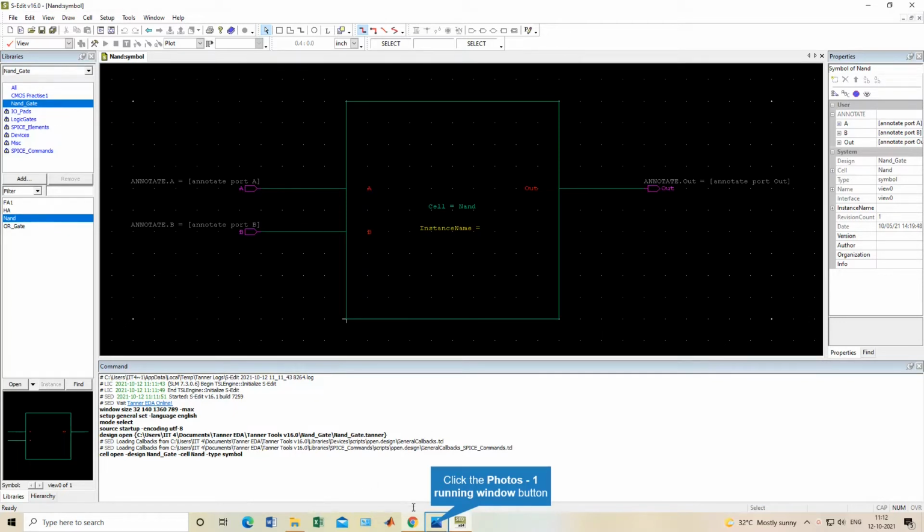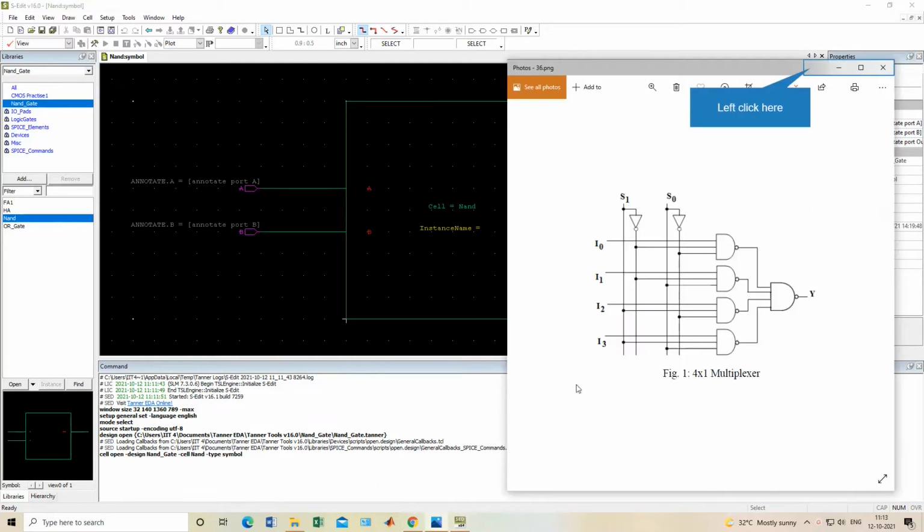So how can we design this mux here? This is how. As you can see, there are two select lines S1 and S0 and two inverters. So inverter also we have designed in previous class. We can use that inverter, or we can use NAND gate as an inverter. Okay, and these four are also NAND gates, and this is the fifth one. So we need five NAND gates, and if we are using NAND gate as inverter, then we need seven.